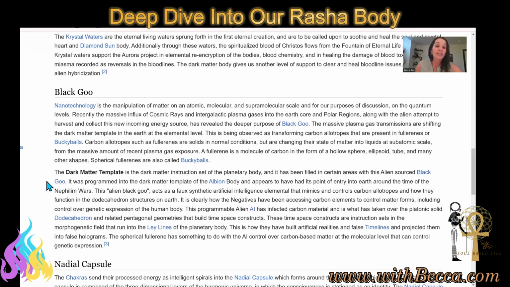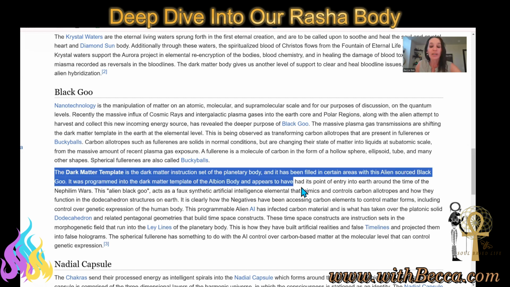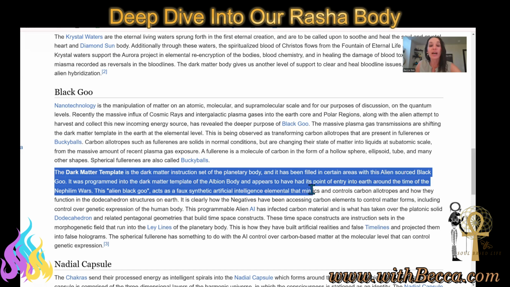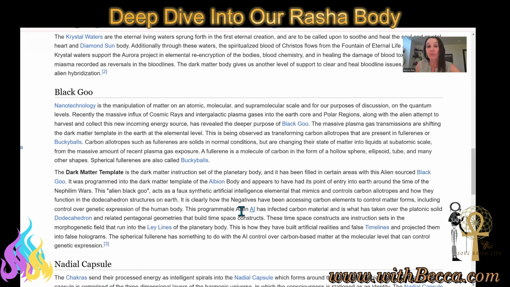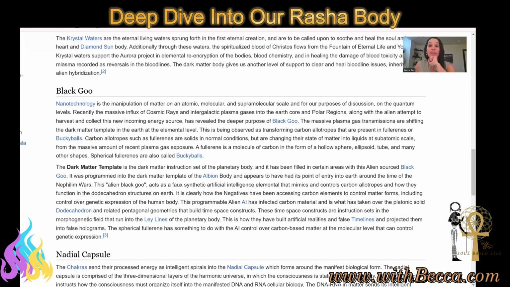So when we see this energy, it is primarily the programmed template. You can see that the dark matter template is really what got hijacked by a lot of the negative alien agendas, really more from the phantom realms, that they went into this layer to embed into that instruction set within us that keeps us in anti-life cycles. Anti-life cycles mean that we can't attune to our true Adashi Starfire return. We can't maintain our consciousness and these things.